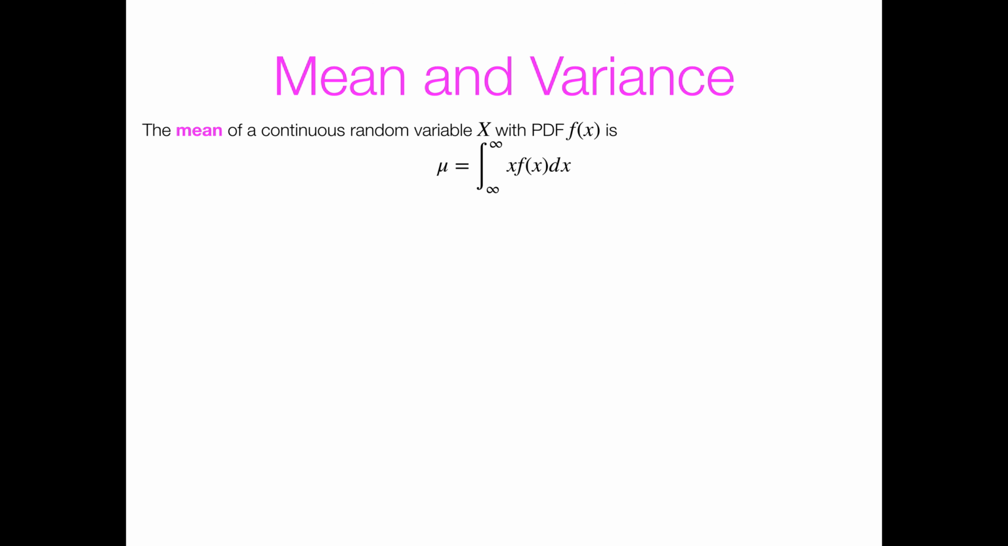We can also find means and variances. So we have formulas for this that's the continuous analog of the last formula. So here, the mean of a continuous random variable is the integral from negative infinity to infinity